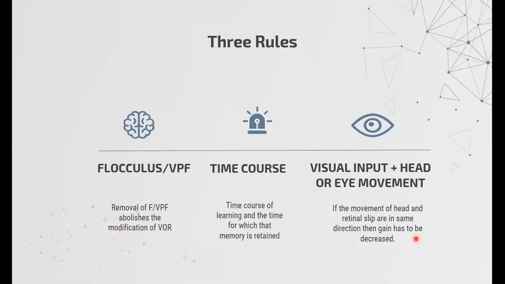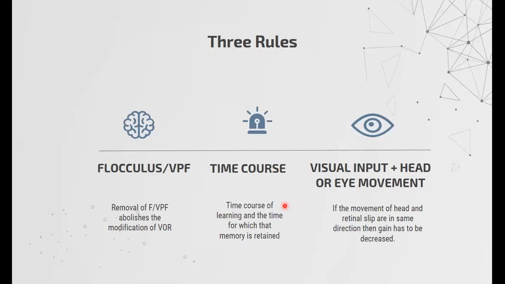Second thing is, it is the most common cause of failure of VRT. The failure happens because we prescribe, we tear up the paper and we tell the patients, you take this paper and you do all the exercises. The patient will only do it for 3 to 5 days. But as we know, we have to do vestibular rehab exercises for quite a period of time. That is for the memory retention, which I will talk about later.